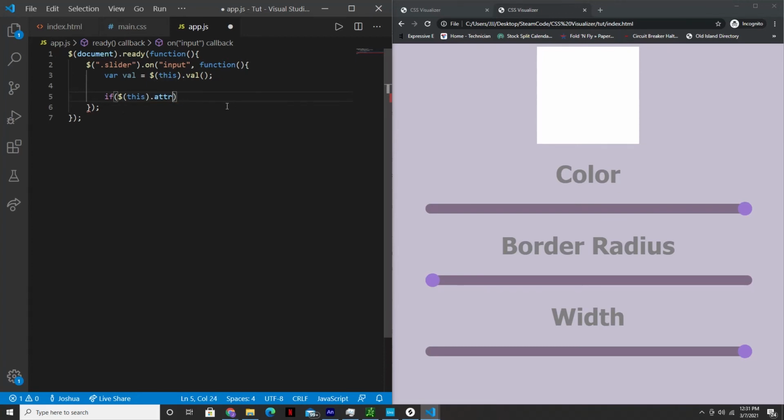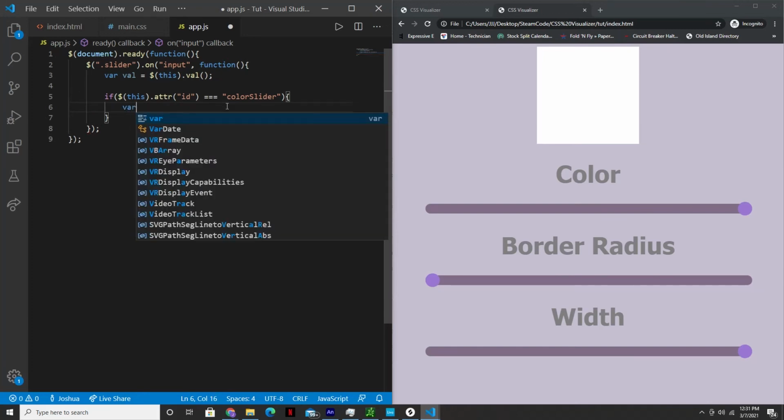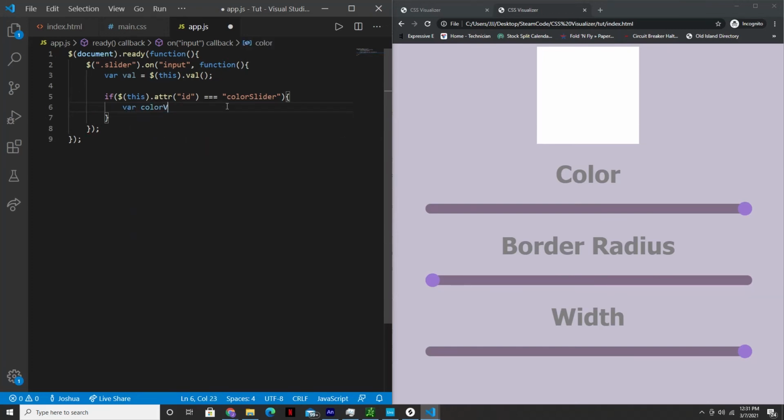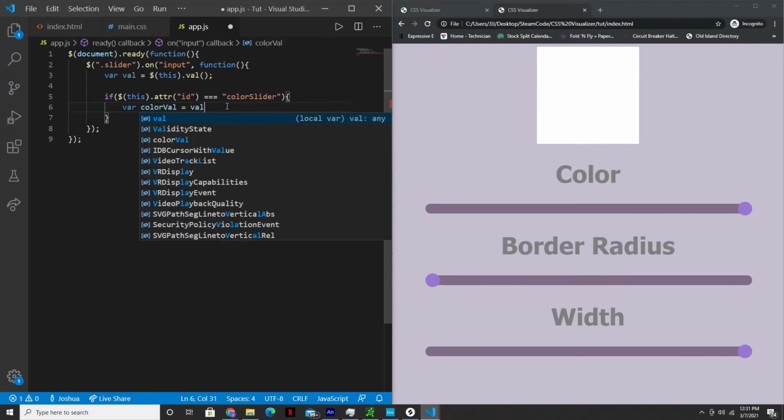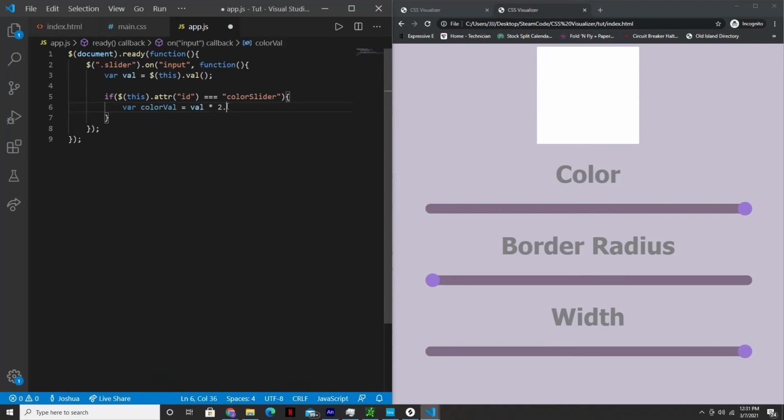So if this attribute ID is equal to color slider, then we're going to create another variable, so var colorVal is equal to val times 2.5,